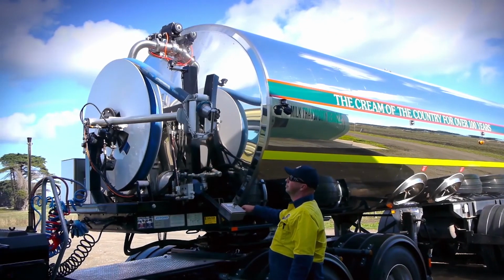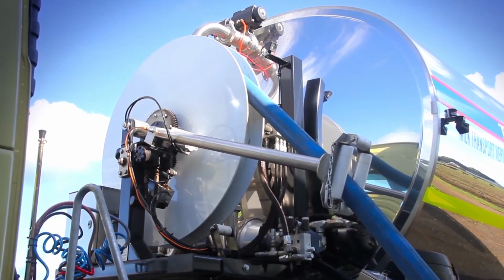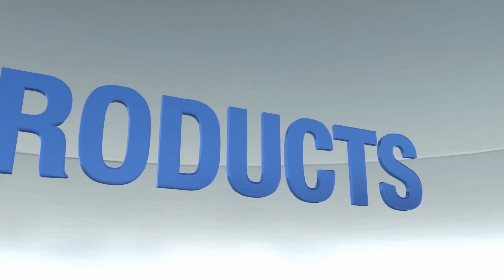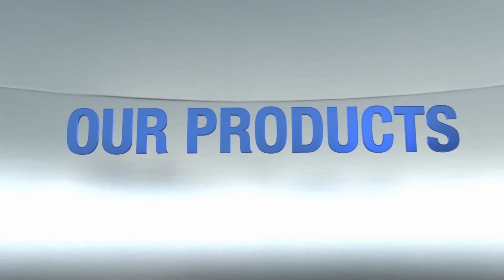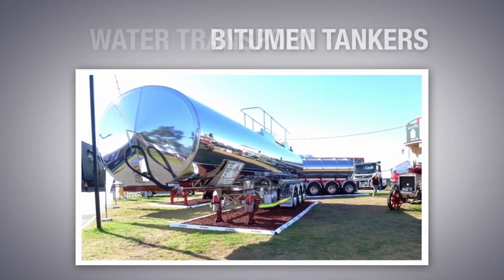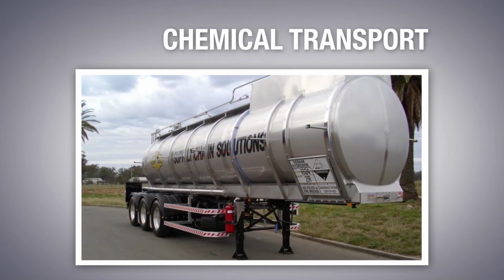Working united with customers, Byford have invested in a dedicated product development department, ensuring technology and products are beneficial and ultimately the customer's needs are understood and delivered. Byford's products include bitumen tankers, water transport, chemical transport, wine transport,